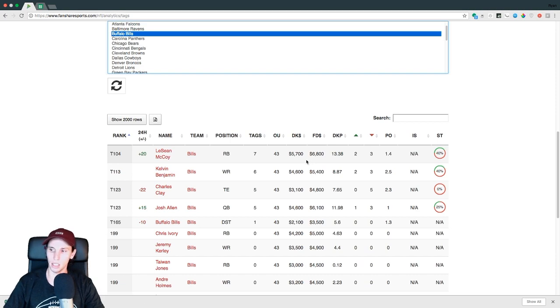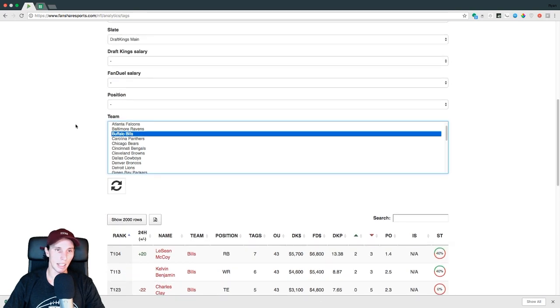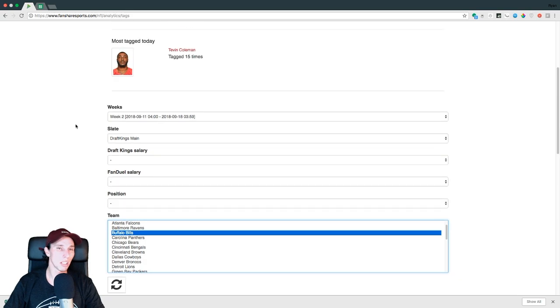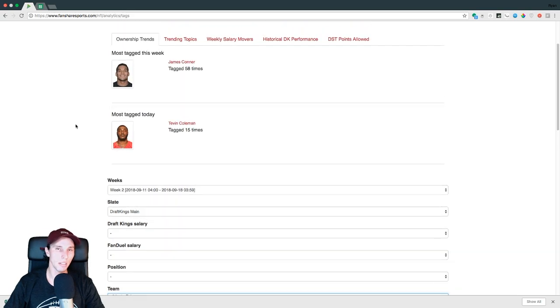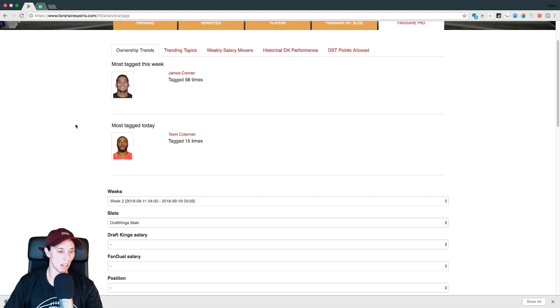It's really nice. You got to make sure that you subscribe to FanShare Pro though. They update this information all the time, so make sure that you're constantly checking back here and getting the most up-to-date information. And realistically, I started using this almost 3 seasons ago, if I remember correctly, probably about halfway into a season, and it's really changed my process as a 20 max player, 150 max player,